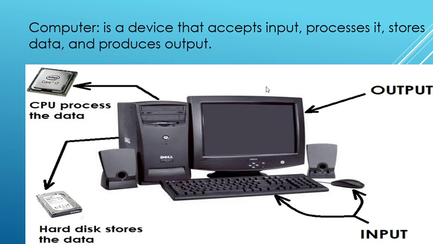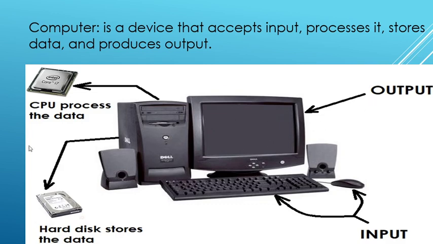which is the monitor. In our school, you might know one more output device, which is your digital board. Through the projector, the output information processed by the CPU displays on your digital board. But the monitor is also an output device. These are the 3 basic steps involved in processing data from input to output.